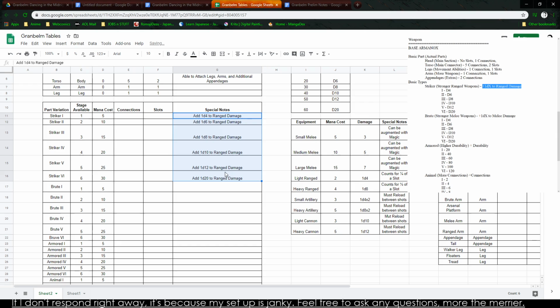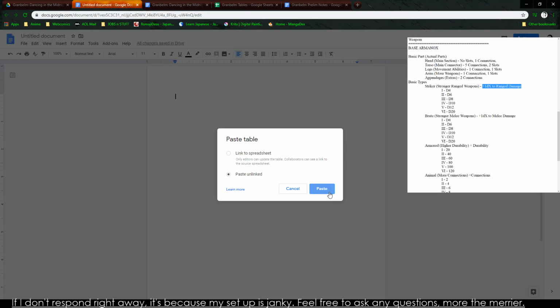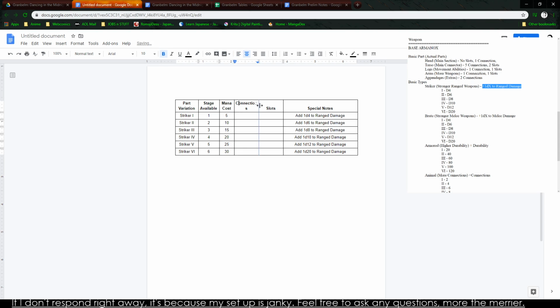So, undo, Control V, and instead of range damage, brute ones only do melee damage. Yeah, isn't this so much fun, everyone? Good old-fashioned spreadsheets. Only the most intense action here. Let's see. Paste on links. This is also another reason we were going to shove it in here, just to make sure everything...